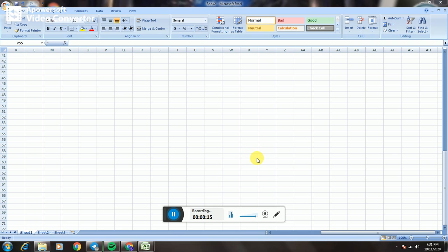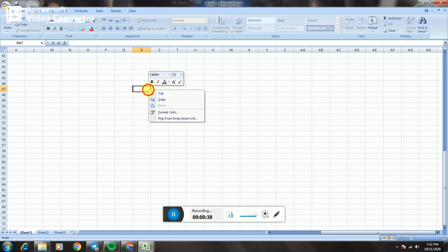Select the cell where you want to enter data. Double click in the cell after selecting it. If you want to enter or modify data in a cell, you can also directly start typing after selecting a cell. Another way is to click in the formula bar after selecting a cell and enter data or modify data already present.